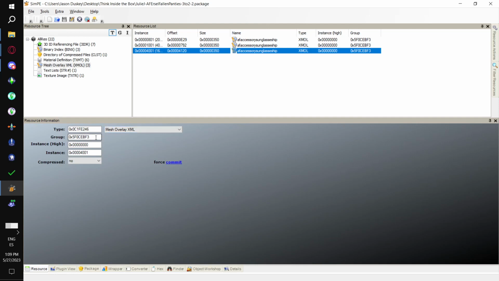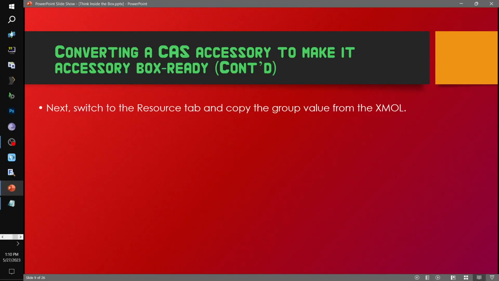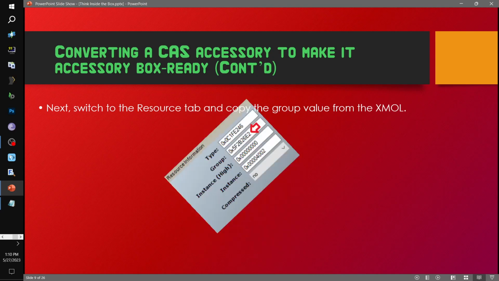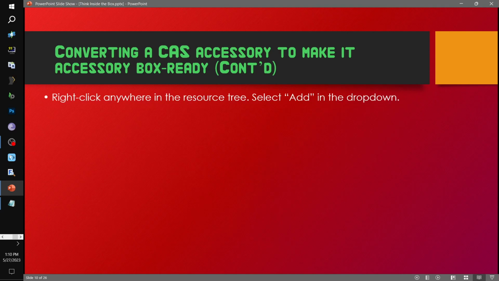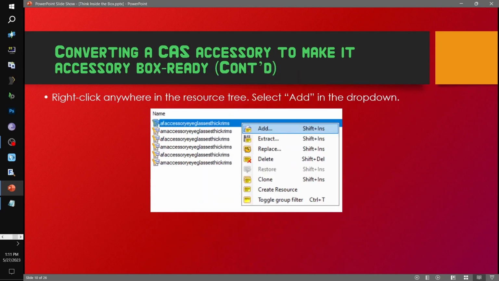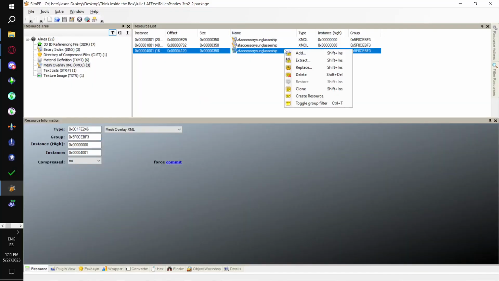We grab one of those and we grab group and we go Control C. Now in the resource, well, hang on, so we switch to the XML. We grab the group value, just like that, and we copy it. Now, we right click anywhere in the resource tree, we select Add in the drop down, and that looks like that. Okay. So we go Add,